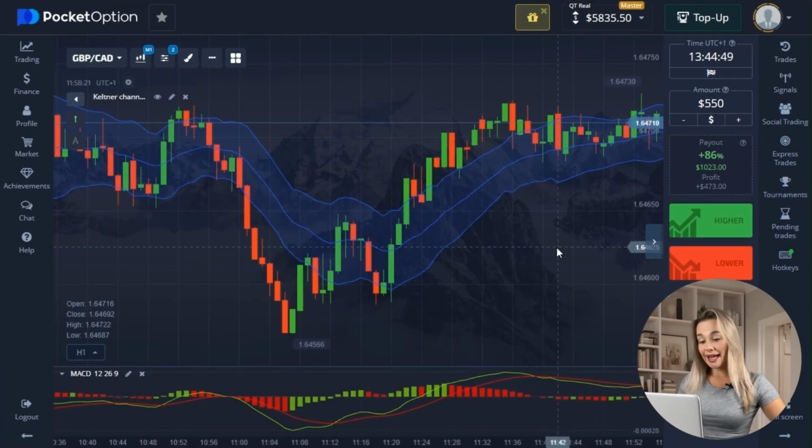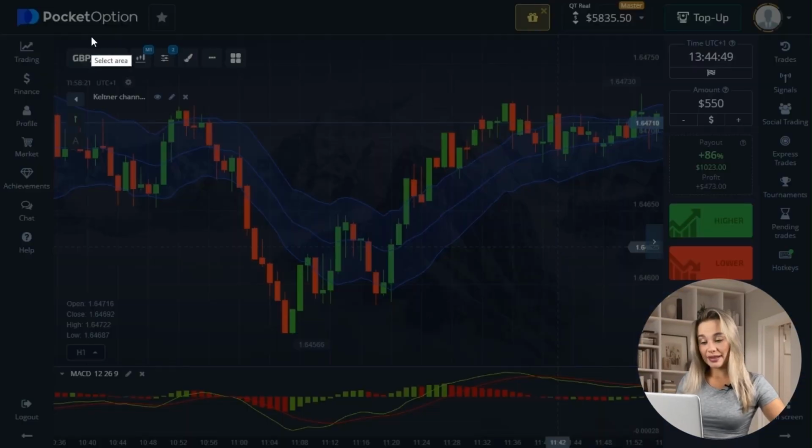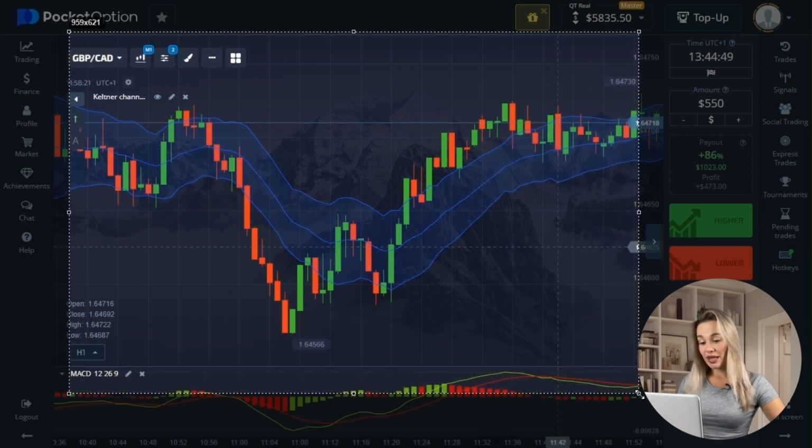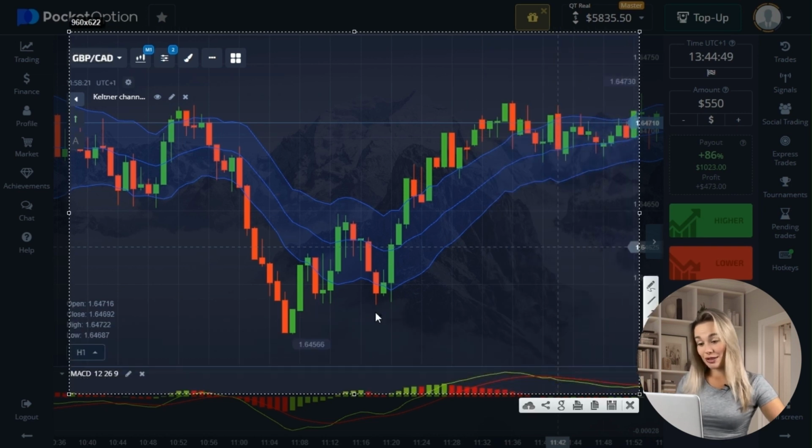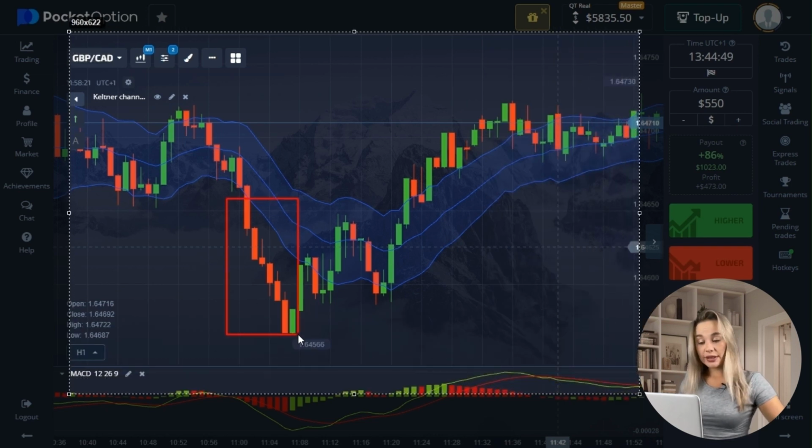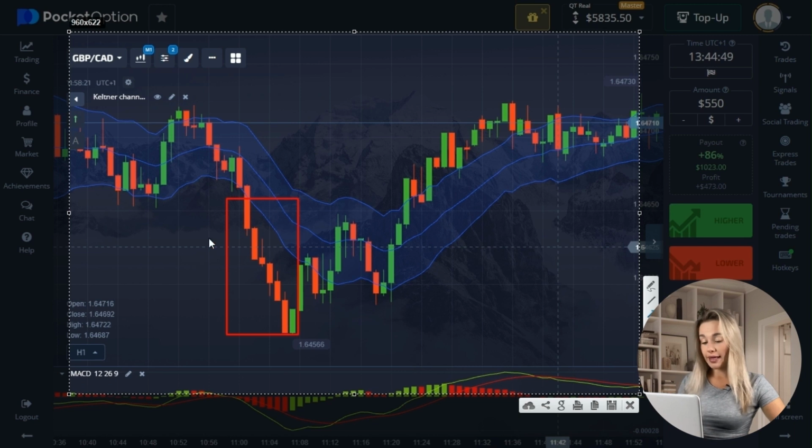Alright folks, before we get into it, let's understand the primary signals of the Keltner channel. There are basically two of them. Well, originally the strategy for working with Keltner channels was straightforward. So once the price breaks through and moves outside the channel upwards, it's a signal to go long since a